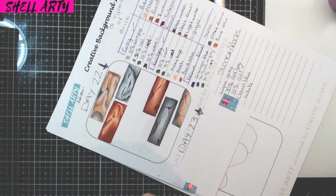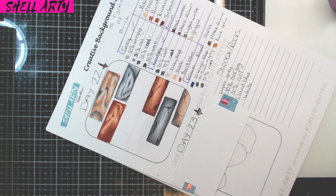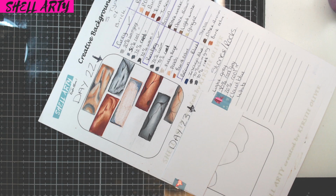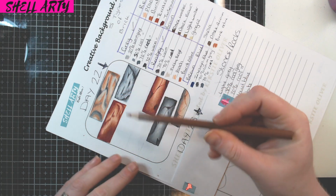So for that, I need indigo, 70% warm grey, 70% cool grey, and then dark brown and burnt ochre. So I'm going to do a textured one with this one, and I'm going to start off with burnt ochre,